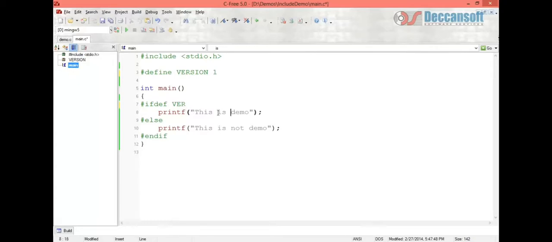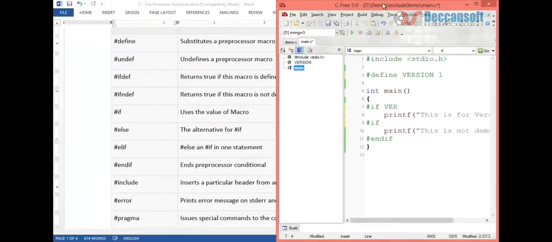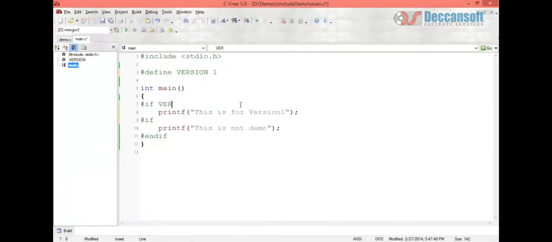Before that let's make certain changes. This is version 1. Instead of #ifdef, we will replace it with #if version greater than or equal to 1.